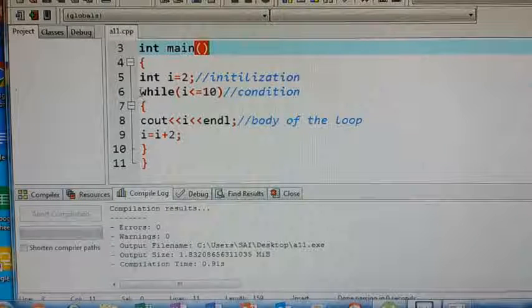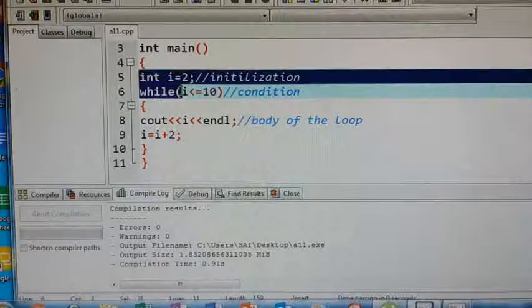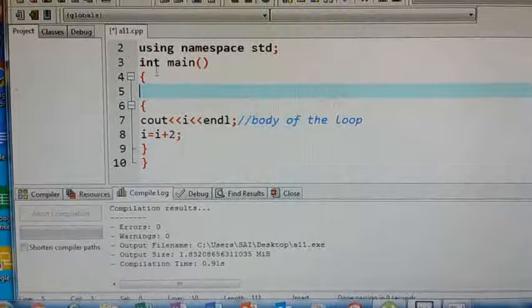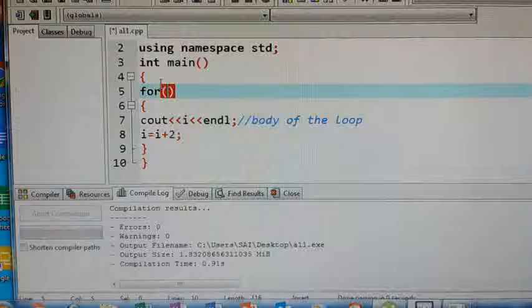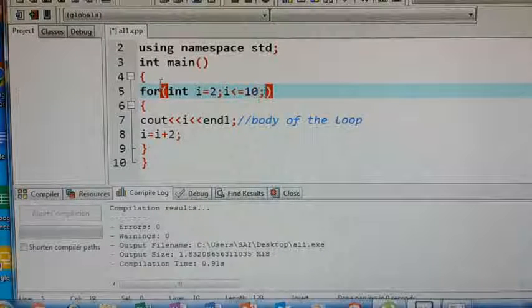Here, all the three things are the same, but how you write them is different. I am removing this. The loop is the same here, but instead of while, what are we writing? For. Now enter I equals 2 semicolon, I less than or equals 10 semicolon, I plus plus.